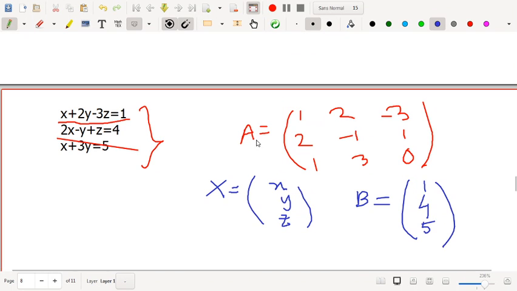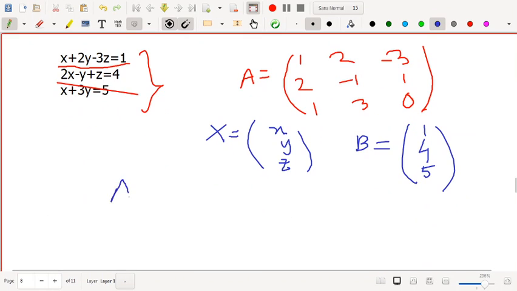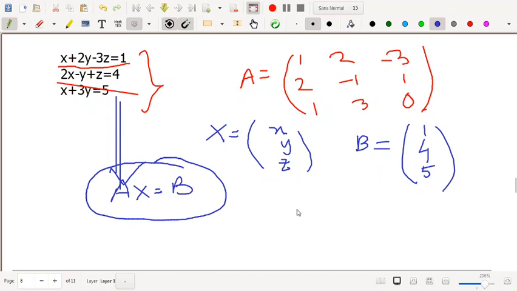Now if you multiply this coefficient matrix by this x, you will get the equation. So I am writing this equation, not needed here in Cramer's rule, but you can verify that. If you multiply this coefficient matrix with this column matrix, equal to b, you will get this equation. So in matrix form, the system can be written like this.